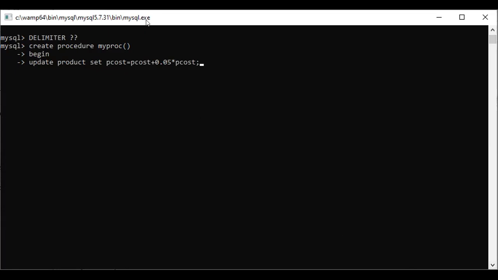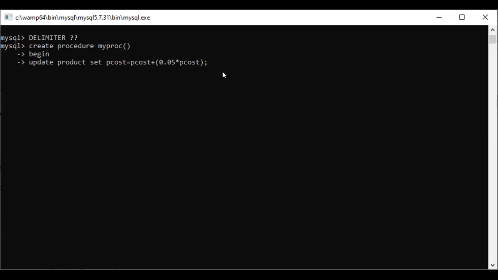Now see here, 0.05 into P cost is going to find out the 5% of the cost value. So original cost plus the 5% of the cost value. Okay.